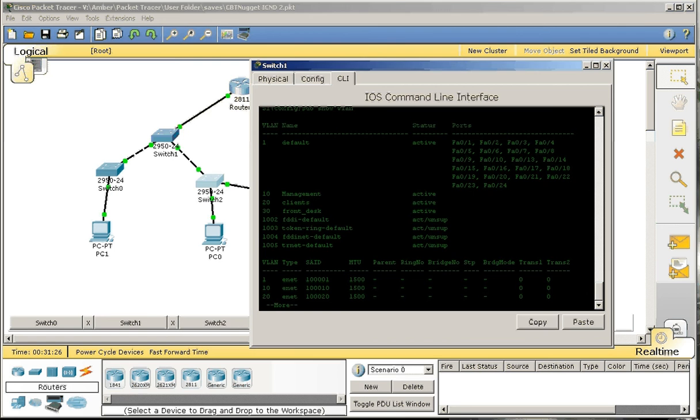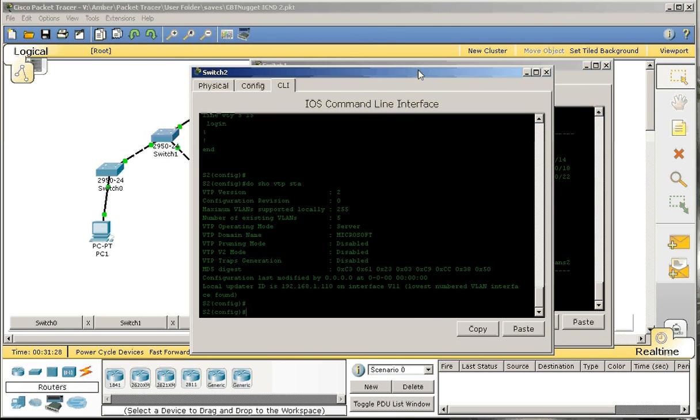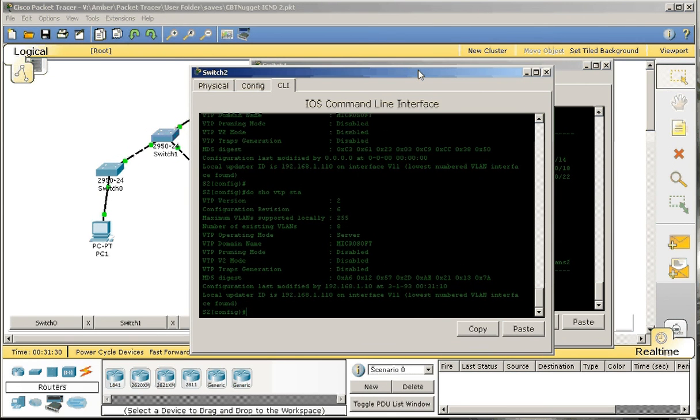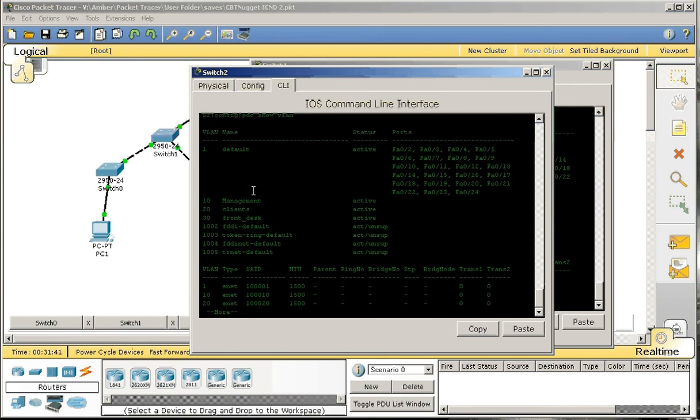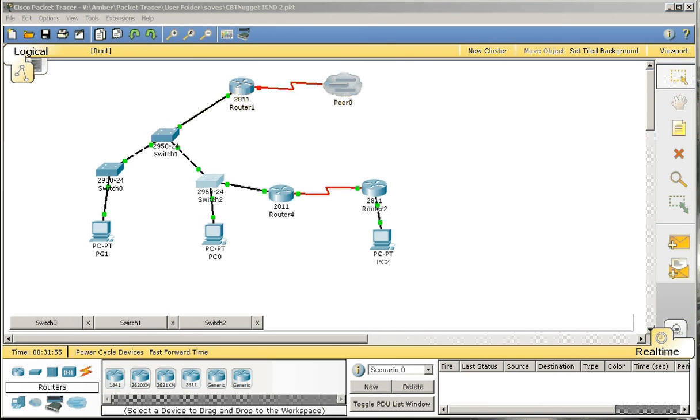But what this allows us to do is go to switch 2, and now you can see the configuration revisions have actually bumped up, and the reason for that is it's pulled 10, 20, and 30 over: clients, front desk, staff. If we had assigned ports to it, it would also pick up which ports we had assigned. So like I said, the advantage to this is, if we were to bring a new switch into this environment